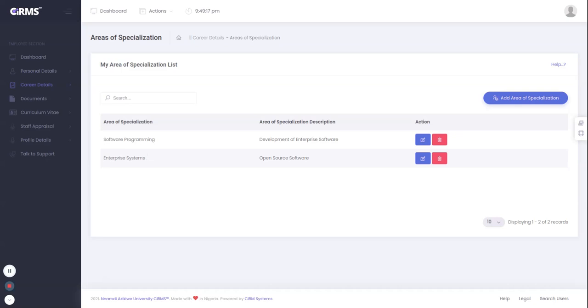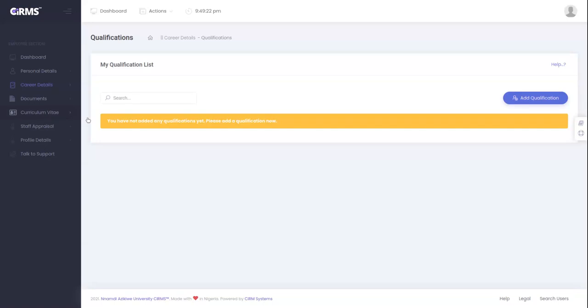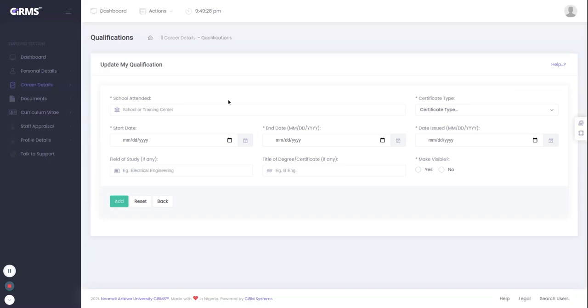So let's continue. We go back to our career details and click on qualifications. In this area, we're expected to add by clicking add qualification. We click on it and get the form that says update my qualifications. Here we're expected to fill in the school attended. So I will just write in university,